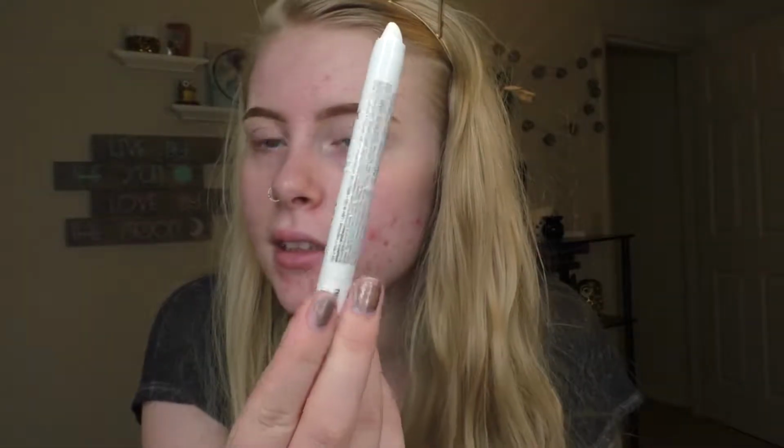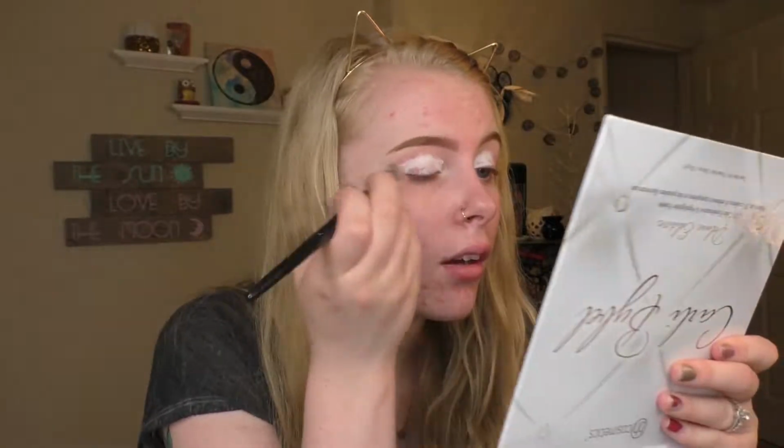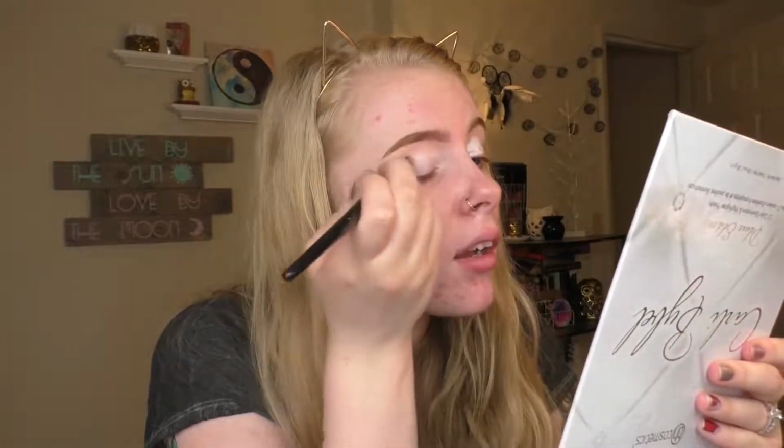So I'm just going to go ahead and start out with my NYX Milk Jumbo Eye Pencil. And I didn't realize this palette also had a mirror until right now. I just use this to prime my eyes. I know it looks super weird right now, but I'll blend it out. I just use the white to kind of prime and take away a lot of the darkness